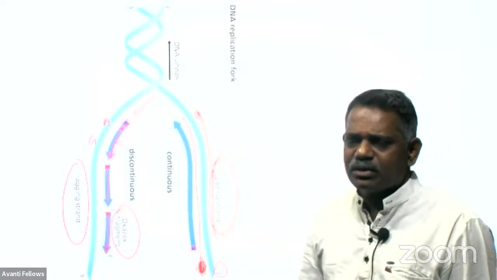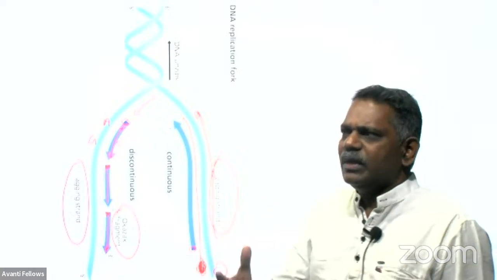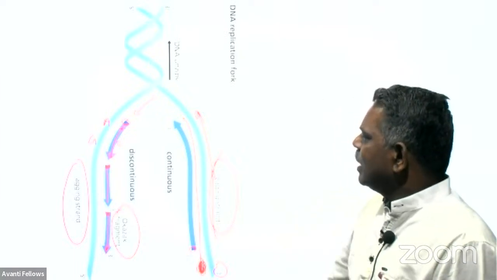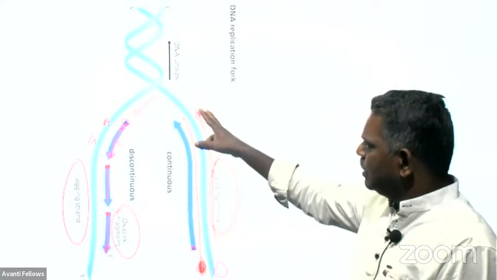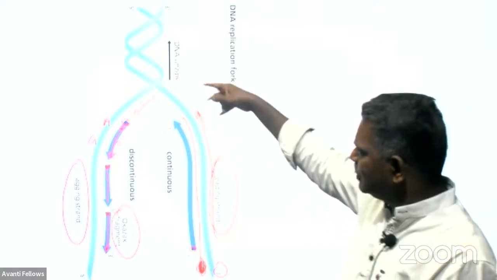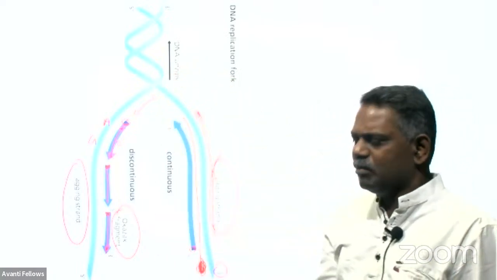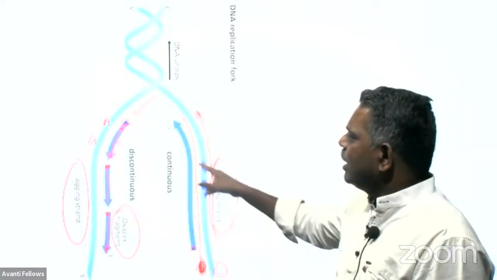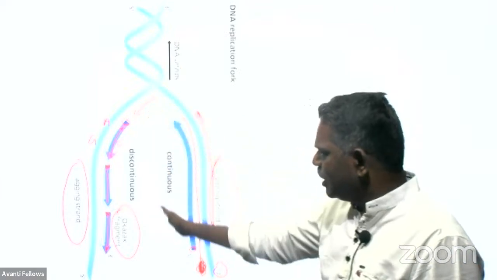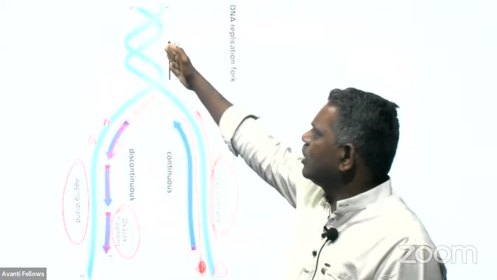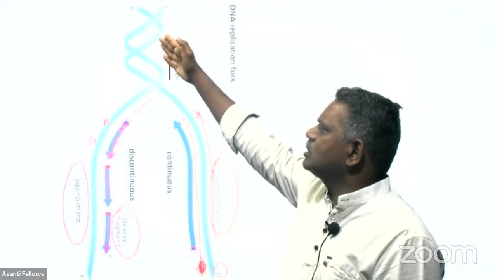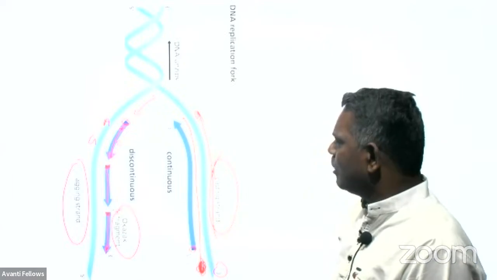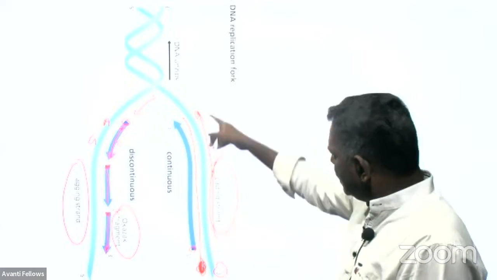Ori site we already discussed. This is the site from where the real process of replication originates or starts, and after starting the replication, first it goes for breaking the hydrogen bond, unbinds it, and produces the replication fork. That will create a lot of helicase enzyme, helping to break the hydrogen bond, and topoisomerase reduces the tension formed here due to the unwinding,